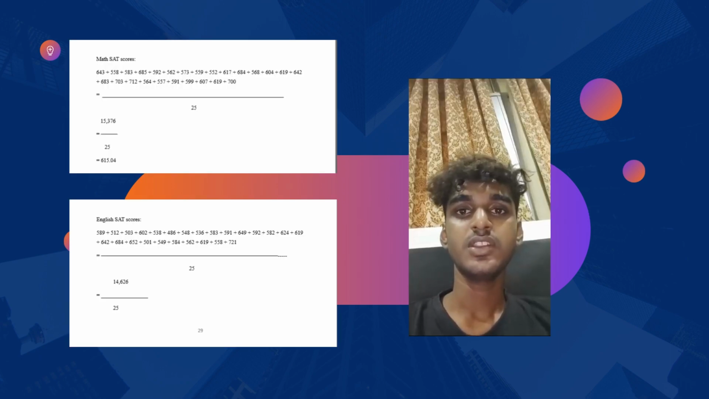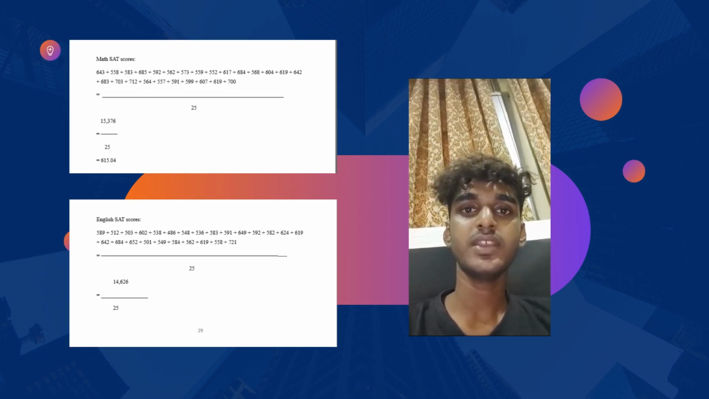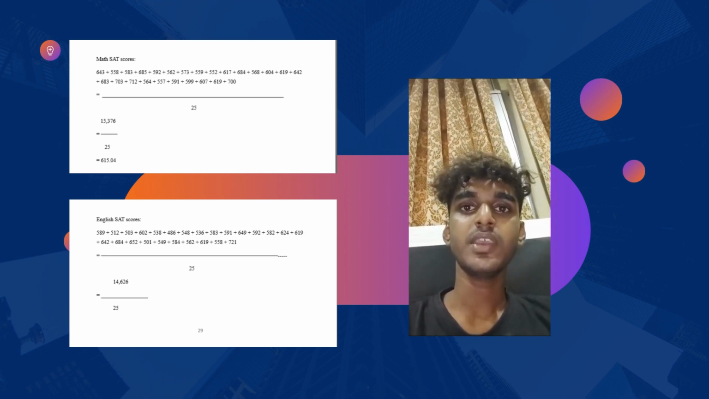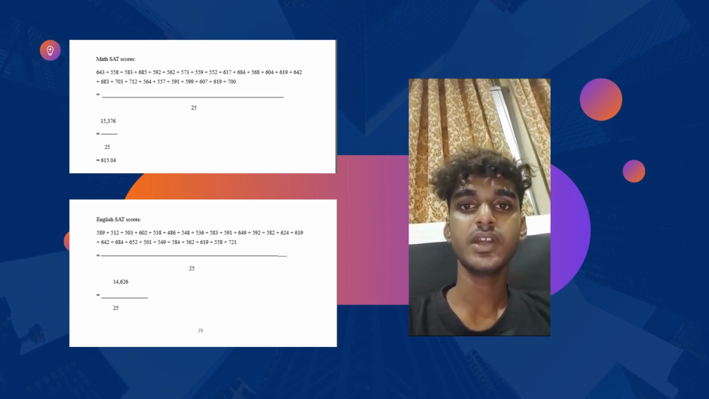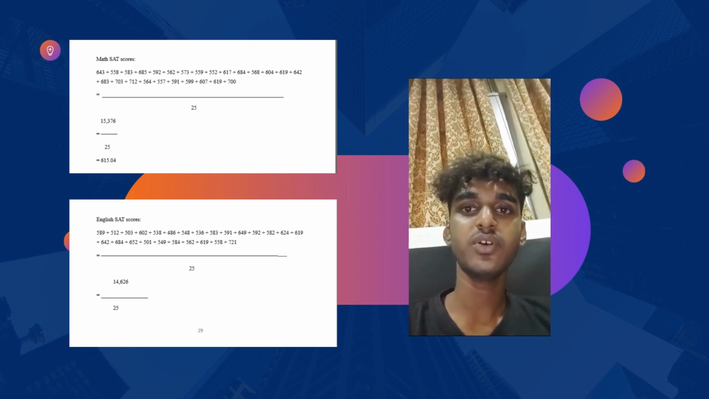Question 8 is, did the students have higher overall Math SAT scores or English SAT scores? Question 8 is divided into two. First, calculate each of these means. The formula for the mean is the total value of the students' scores divided by the total number of data, which is 15376 divided by 25. So the answer is 615.04. For English SAT score, the answer is 585.04, which is